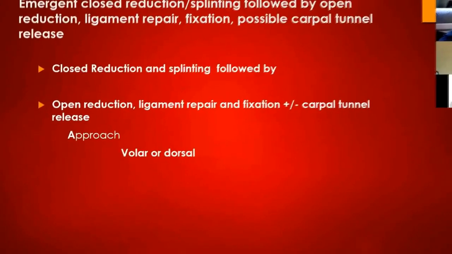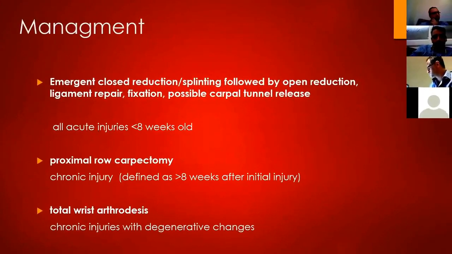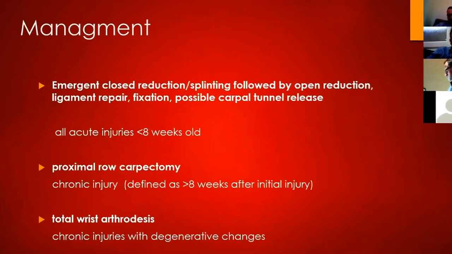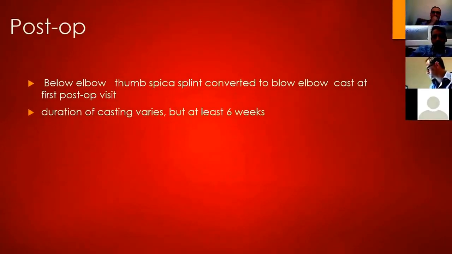And as I mentioned in my earlier slide, in chronic injuries, which is more than 8 weeks, the option is proximal row corpectomy, while for chronic injuries with degenerative changes, the option is wrist arthrodesis. Then post-operative management for this type of injury: usually post-operatively, the patient will be in a thumb spica splint from